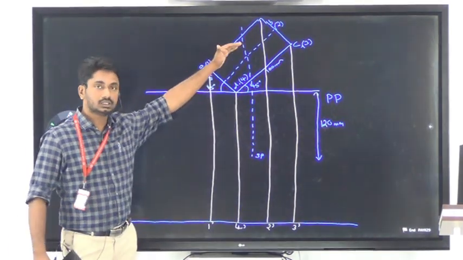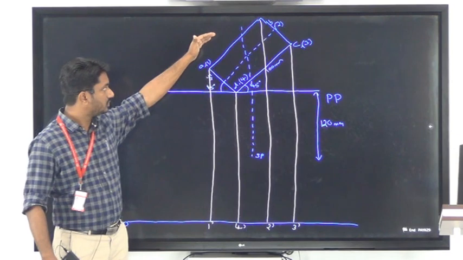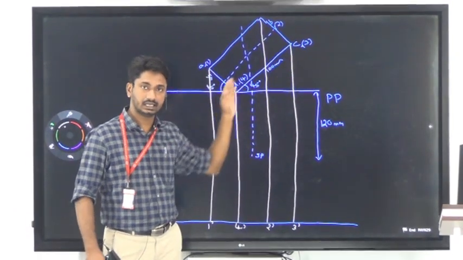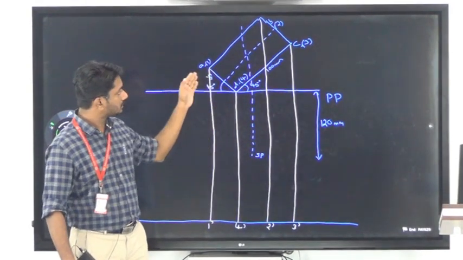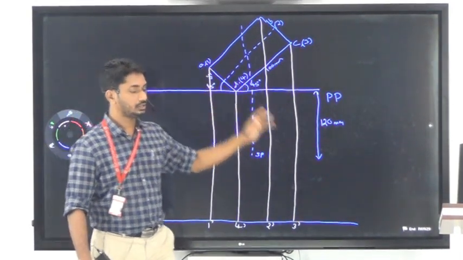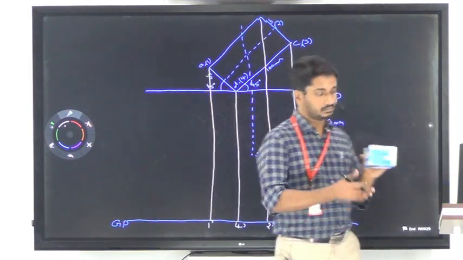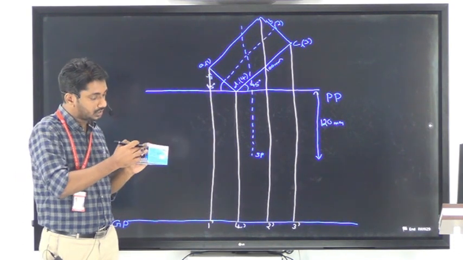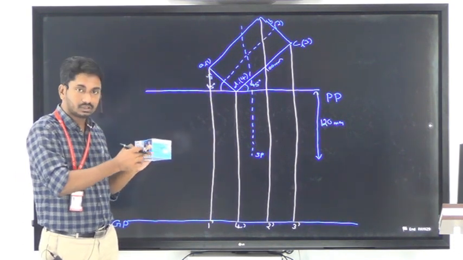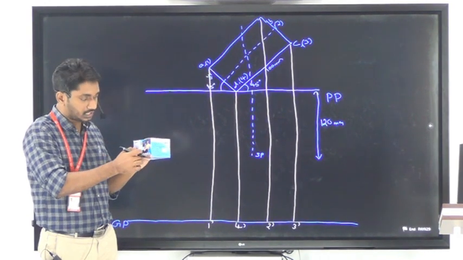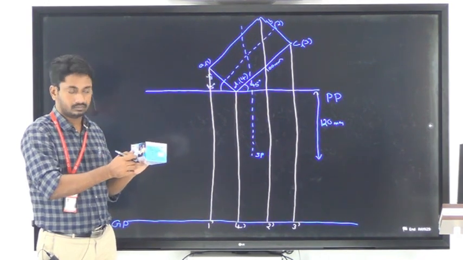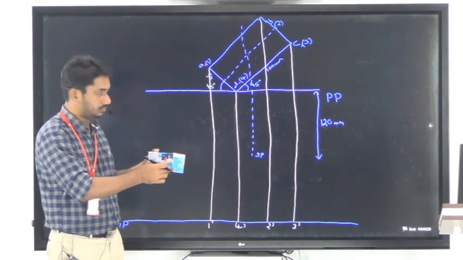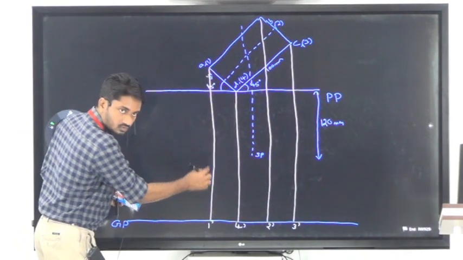Okay, now you have to mark the front view of the top corners A dash, B dash, C dash and D dash. To mark the front view of the top corners you have to consider the height of the prism. Here we know that dimensions are 100 mm into 50 mm and 40 mm. So height of the prism is equal to 40 mm. In this position height of the prism is equal to 40 mm. So in front view you can see this length 40 mm.